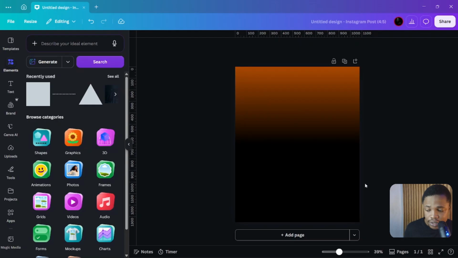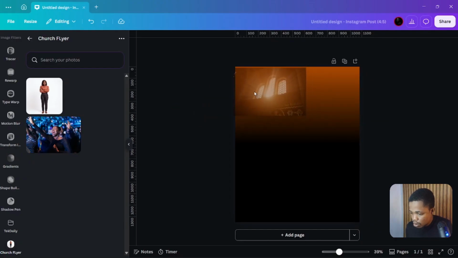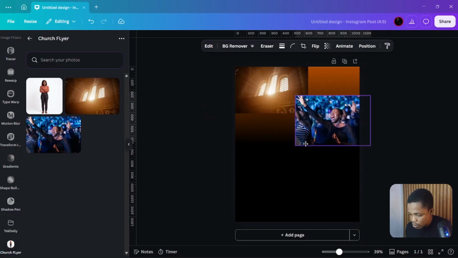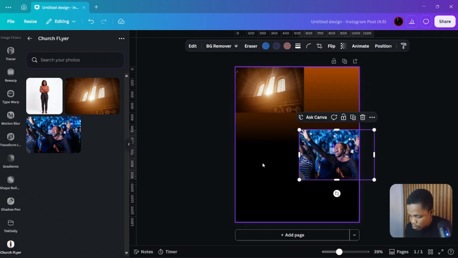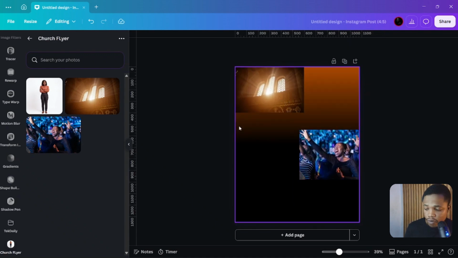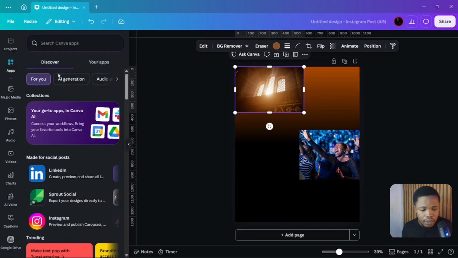So after creating the gradient background, we are going to import the images we are going to use on it. So since I've already imported my, for the first image, church window image, I'm going to fade the sides. So now how do I fade the sides? What I need to do is go to apps, and under this we're going to search for image blender,